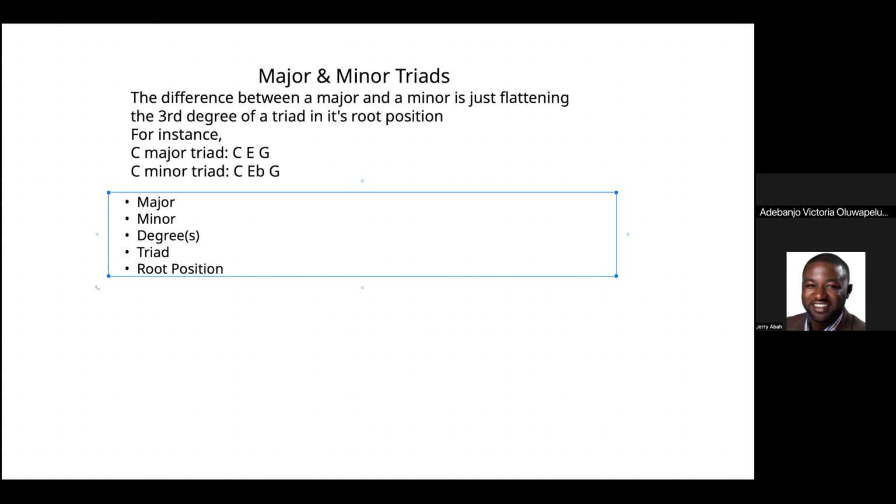Now, when we talk about major in music, we are simply referring to a chord or any chord that consists of 3 notes in a specific order. There is a specific order to those 3 notes. First of all, let me draw a simple